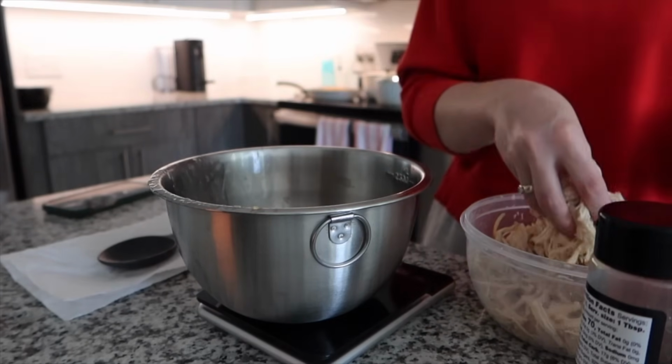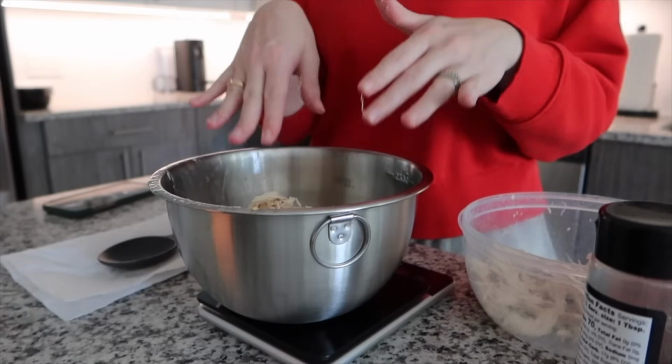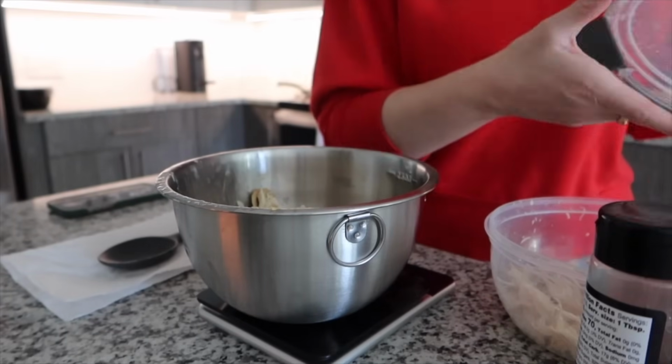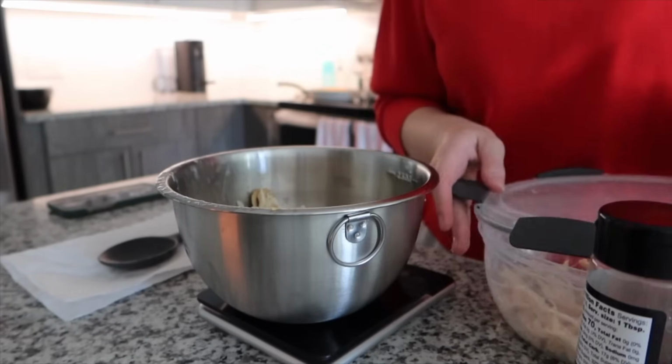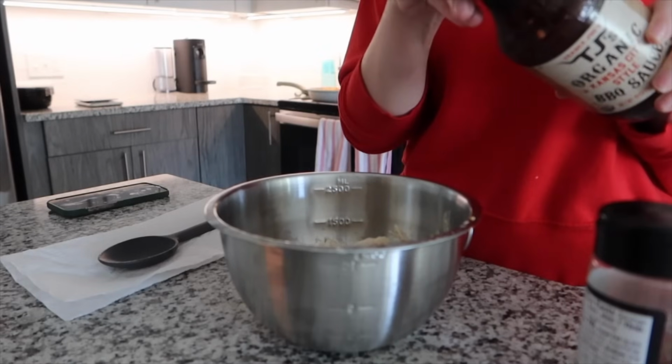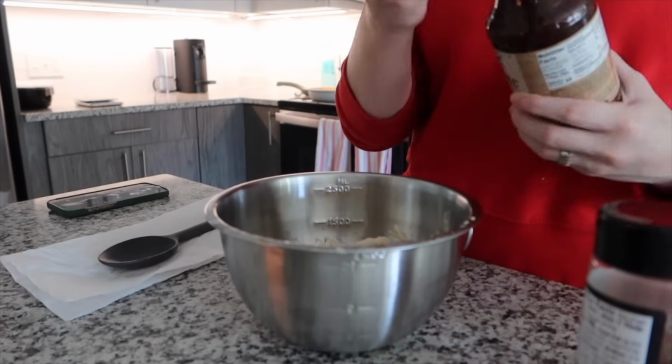This might be all of my chicken. I mean, y'all, this is a lot of chicken. I'm capping it at this much. I'm leaving the rest of this chicken in my fridge because I want to be able to have chicken for a couple other things. If I wasn't trying to just buy everything at Trader Joe's, I probably would have got